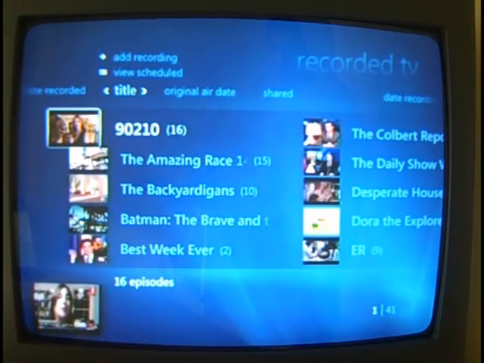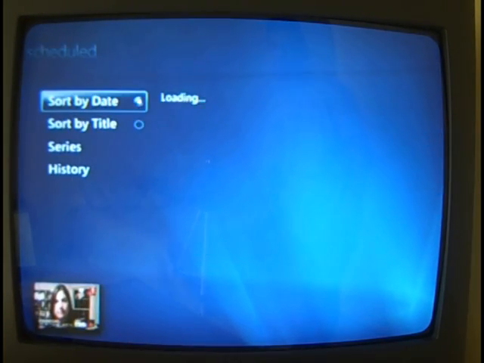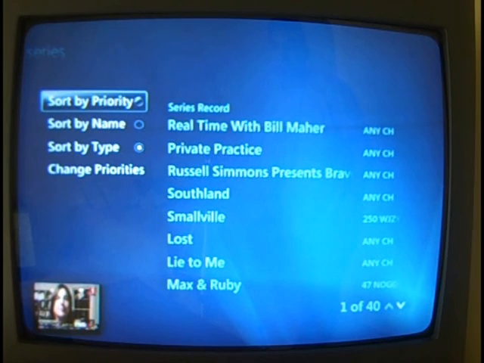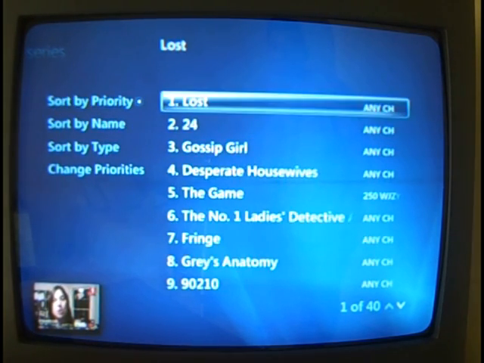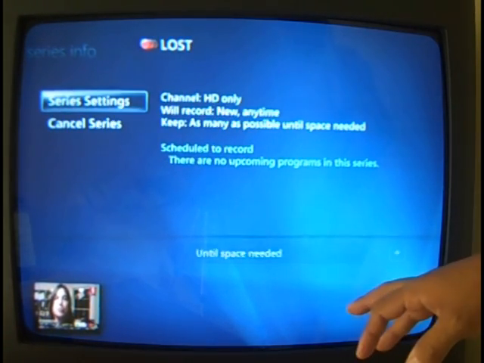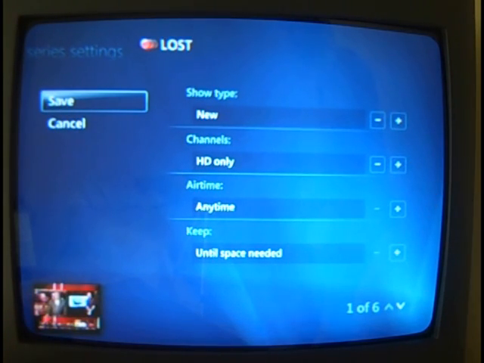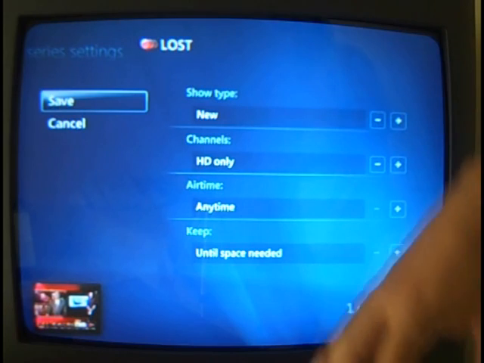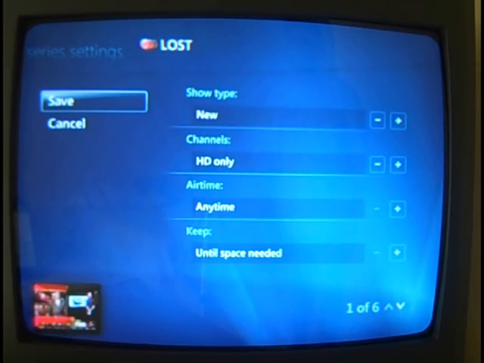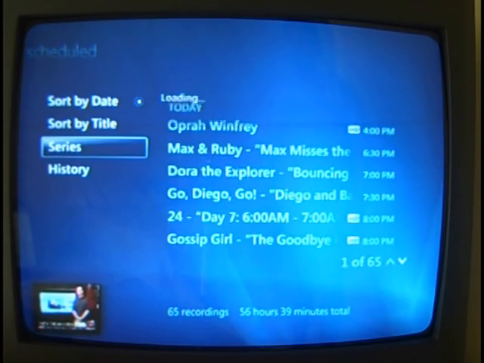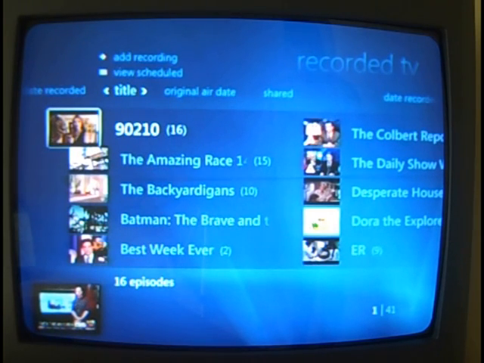Go to recorded TV. We'll look at the series. So if I want to go to Lost, I can change the series settings just for Lost right here, but 9 times out of 10 you won't have to come in here because of those recording defaults. So definitely a lot easier to deal with in Media Center than on the cable box. Alright,